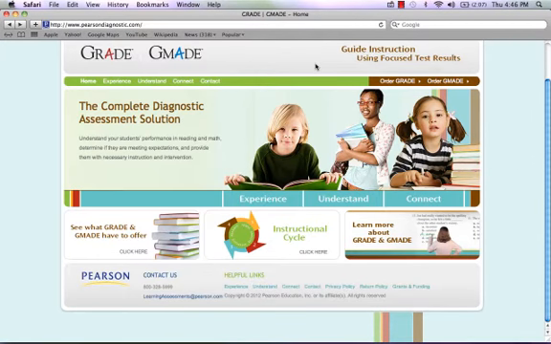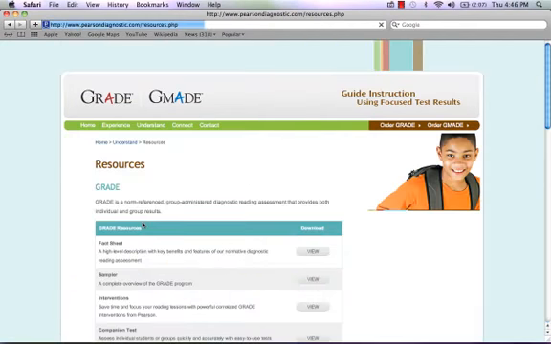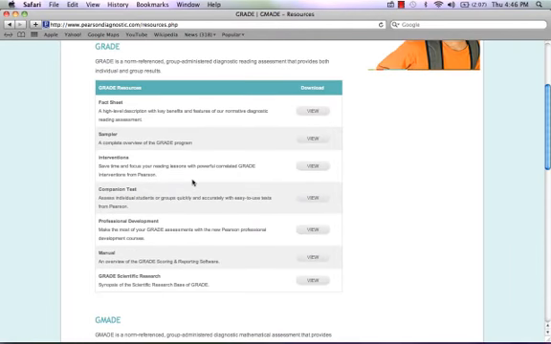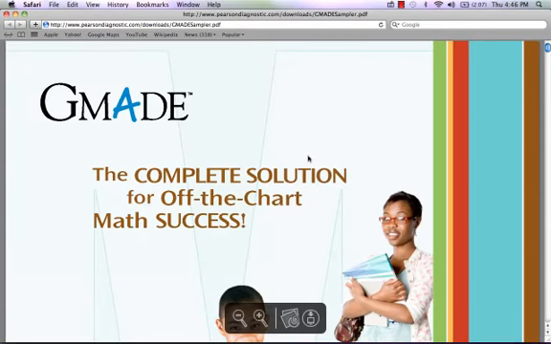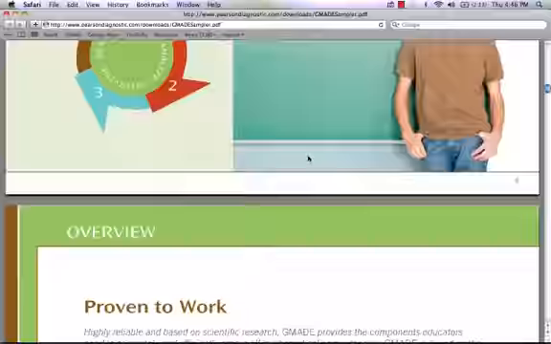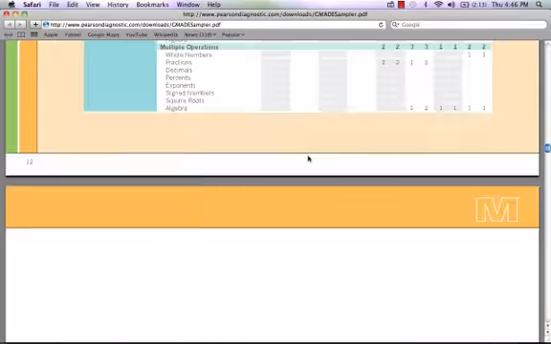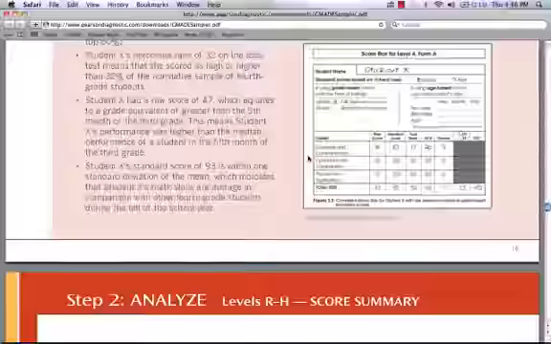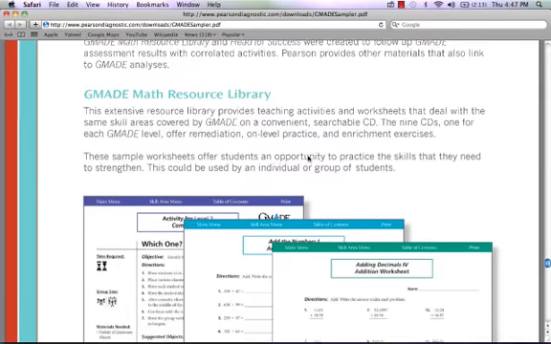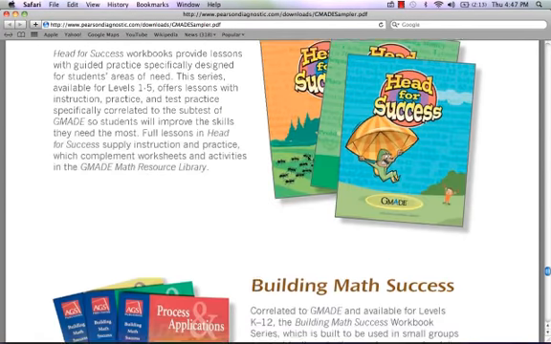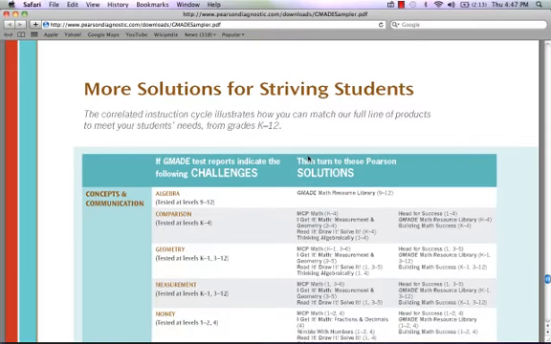Once on the website, click on See What Grade and GMADE have to offer over on the left-hand side. Then scroll down and make sure you are at the GMADE section of the website, and then view Sampler. Once there, scroll all the way down until you reach Step 3. Once you're in Step 3, you want to stop at the page that says More Solutions for Striving